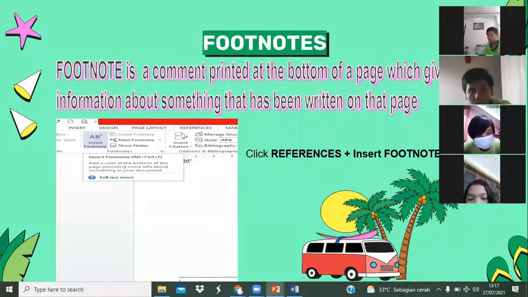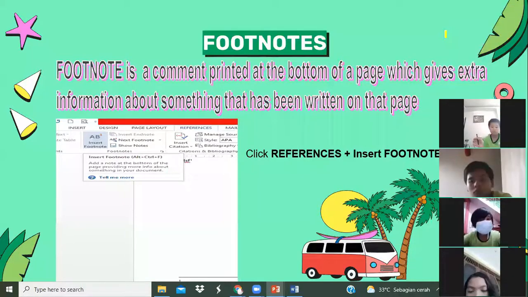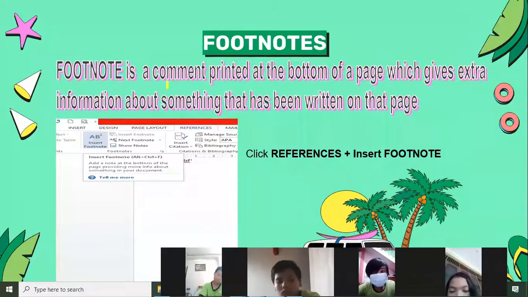Okay, now we continue to the footnotes. Yeah. Footnotes is a comment printed at the bottom. Ya, same ya, Kid, because foot. Ya, jadi comment tercetak yang paling bawah juga nanti at the bottom of the page. Ya, which give extra information about something that has been written on that page.